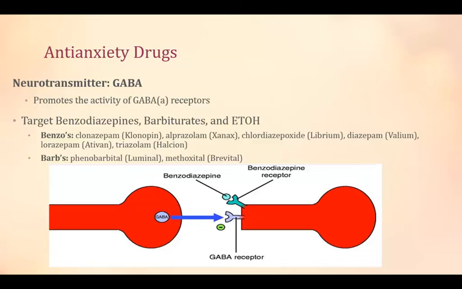So if you have increased GABA, it's going to decrease anxiety levels. It's going to increase your sedation and muscle relaxation, and that's what we are looking for. Increased effectiveness of GABA then impedes the sending of alert signals to the next nerve.